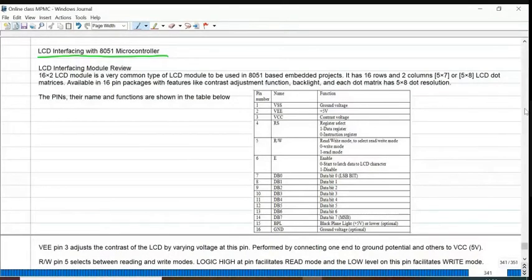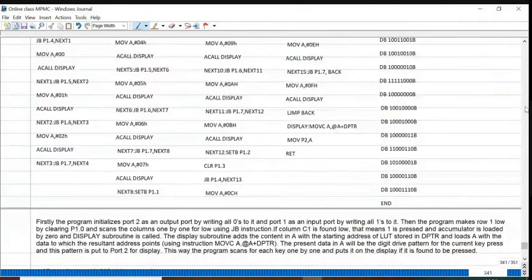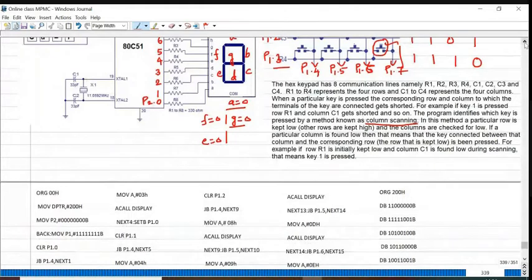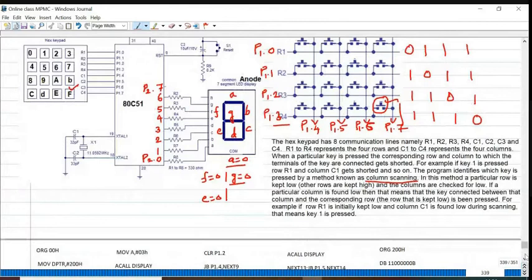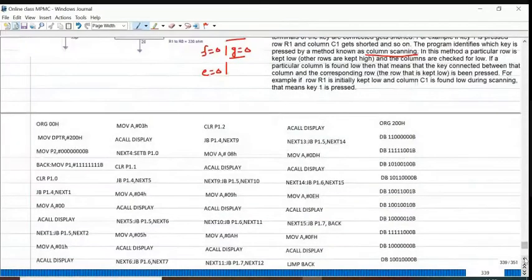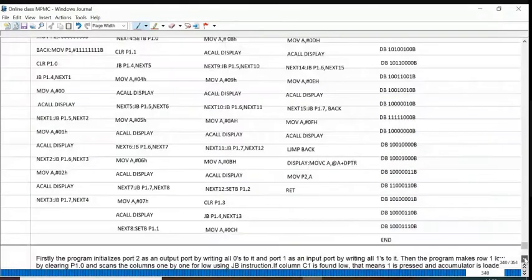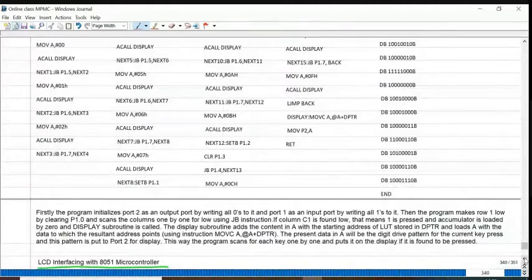So we have started Unit 5, interfacing of some input-output devices with a microcontroller. First type of interfacing is completed, that is keypad interfacing. We have written the program in assembly language and simulated using Keil software, and we generated a hex file. The hex file was downloaded on the 8051 microcontroller using Proteus software, and we have verified that concept also.